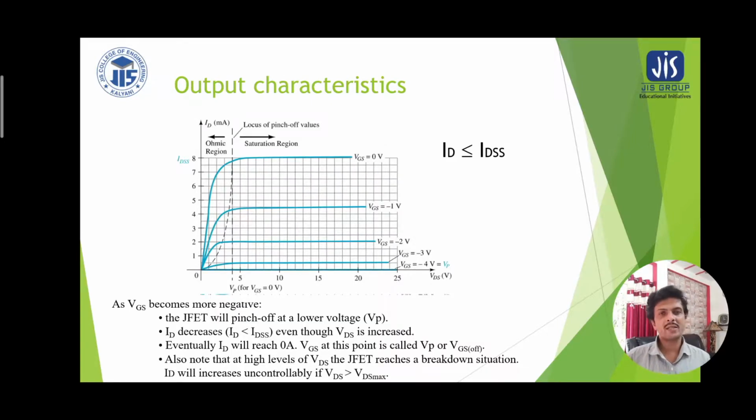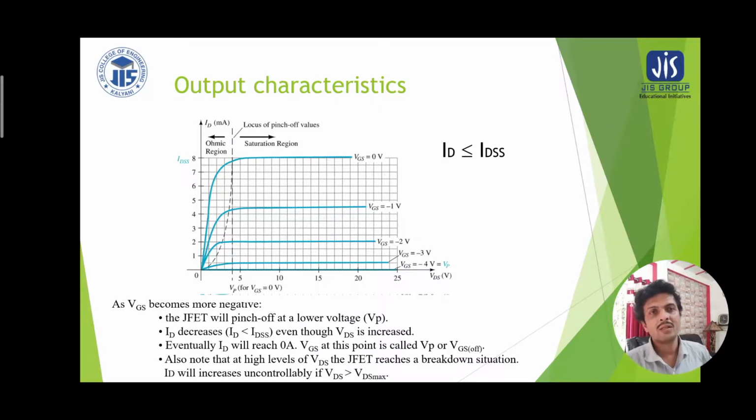If we draw the output characteristics for a few possible gate to source voltages, we get such a comparative graph. We already have gone through the output characteristics, a sample line, in the previous slide, but here we have drawn such characteristics for four different gate to source voltages. As we have seen, for the top one, where gate to source voltage is 0 volt, initially the drain current is increasing with respect to change in drain to source voltage, and we are getting the ohmic region.